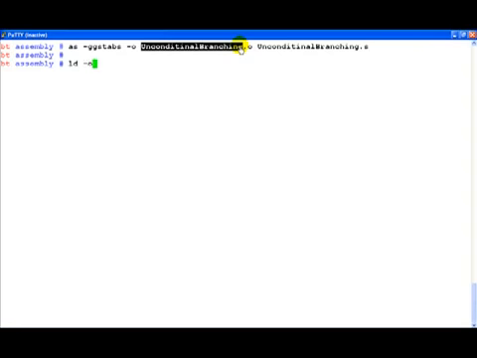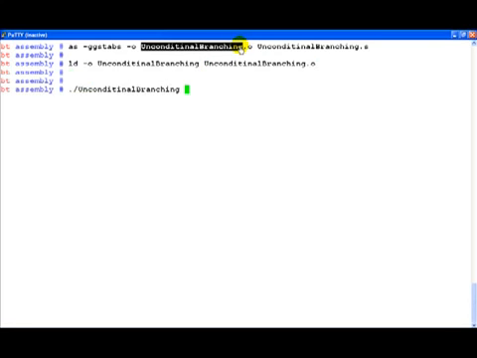Let's link it. And let's execute it. So if you notice, very simply hello world is printed and the program exits, right?